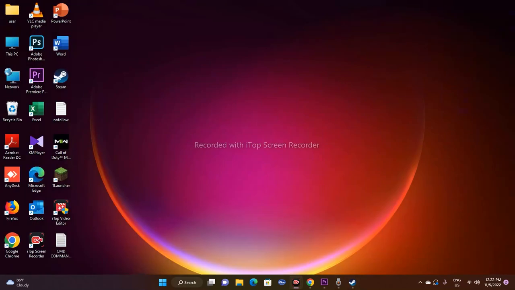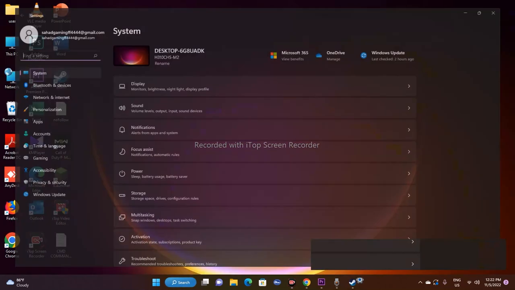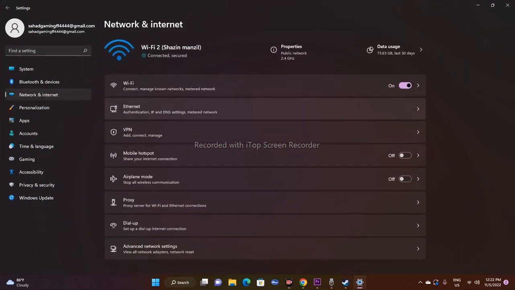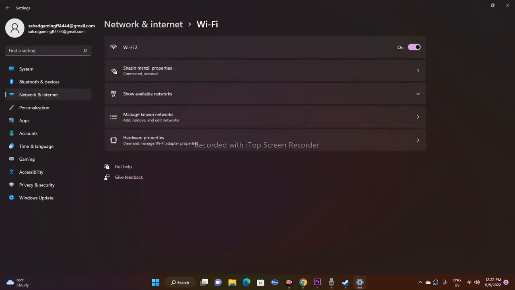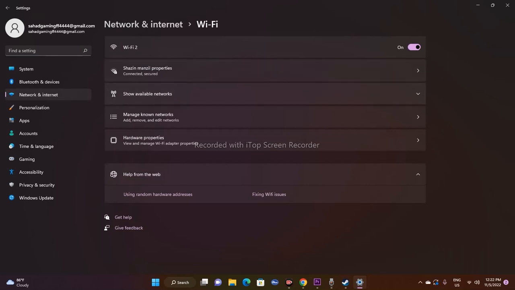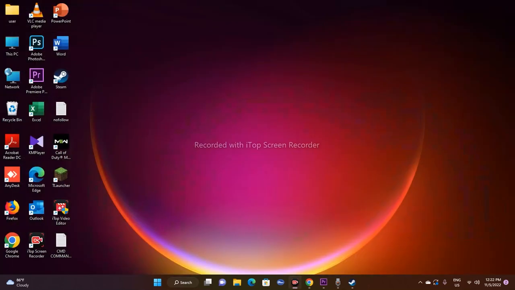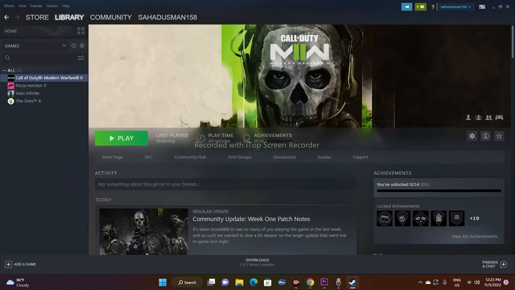For that, you just have to go to Start and navigate to Settings, then go to Network and Internet. As you can see, it is connected to the Wi-Fi. What they do is connect to the hotspot instead, and when launching the game, they use the hotspot. Once the launching is done, they connect back to the Wi-Fi and try to play the game, and it worked for many users. I'm obviously wondering how it is possible. Maybe using a different network helps, and you can even connect to any other Wi-Fi. That is also fine.